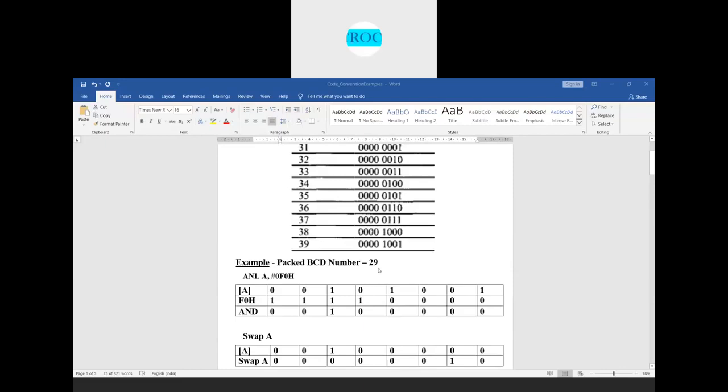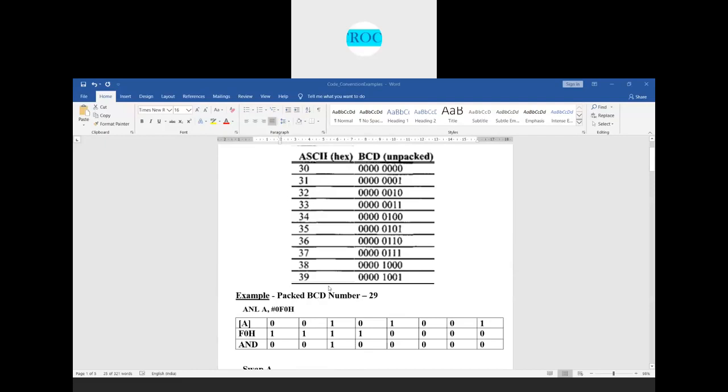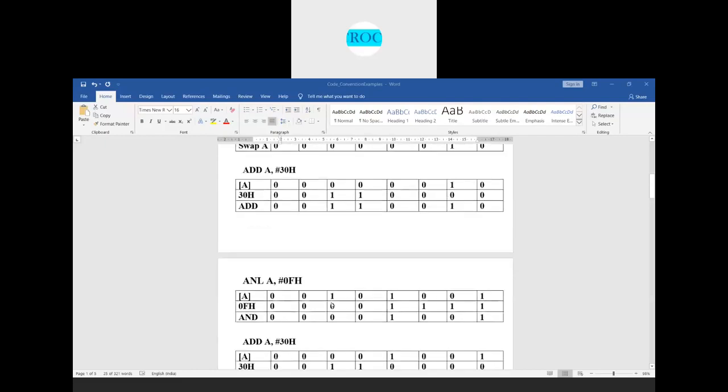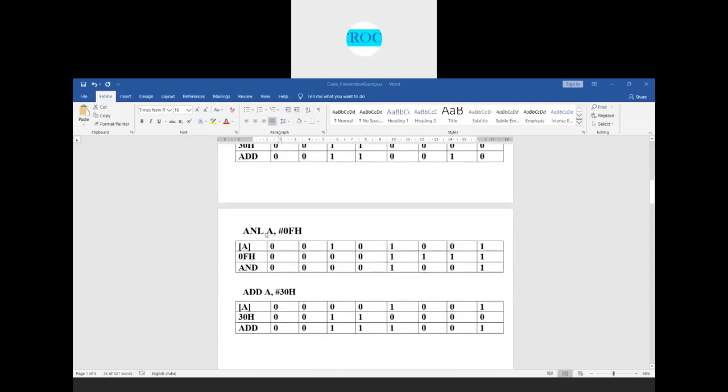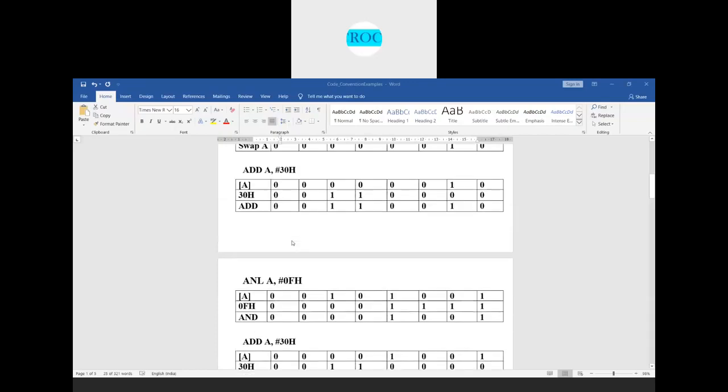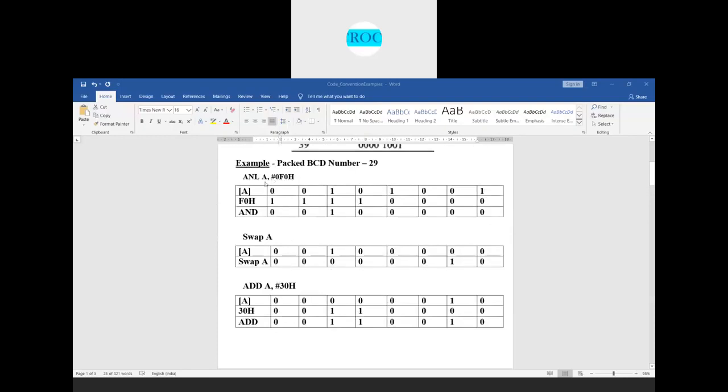Next we have 9. The 9 also needs to be converted to 39 here. So what I do here is ANL A with 0FH, again with the content 29 in the accumulator, right? In the previous AND operation we used F0, so we took only the upper nibble there.